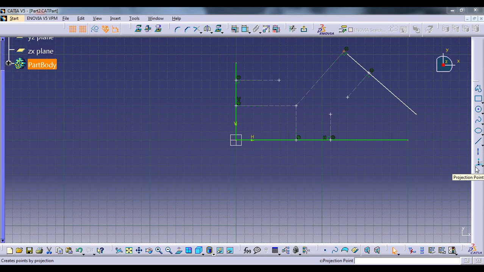In this video we have seen different commands that help us to plot the points. In the next video we will practice some exercises that are related to the points.